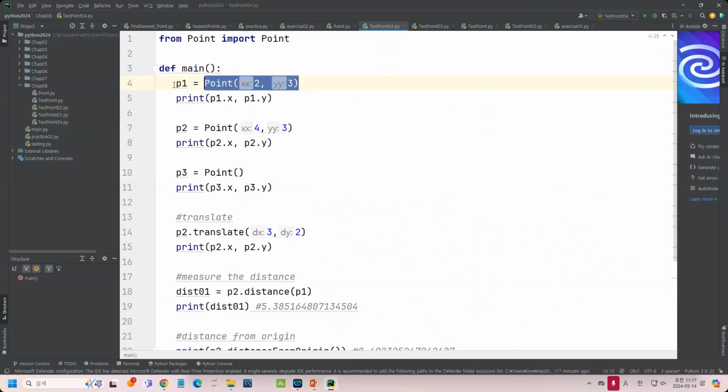We know that there are two arguments. The first argument is for x and the second argument is for y. The first argument here is for x and this argument is for y. But here we have no argument. In this case, it will be